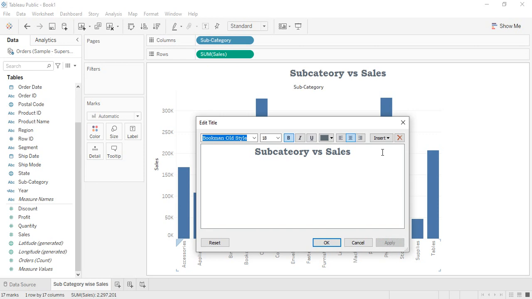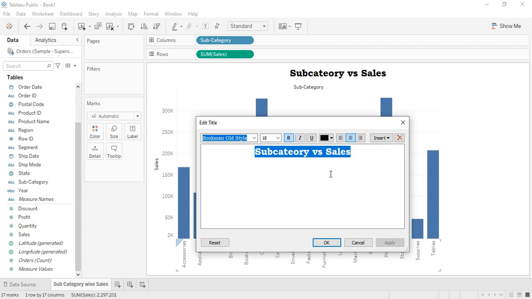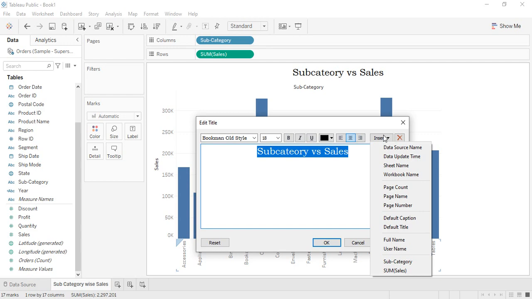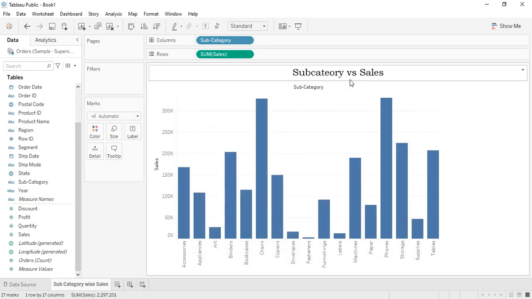Also you can click on this apply button, so you can see how it is actually looking on the sheet. If you are happy with it, you can go with it. Otherwise you can select it all and change the appearance the way you like. Like I don't want it to be bold, let's click on apply. Yeah, it is looking fine to me, so I'm just going to go with it. If you want to go for the insert option, these are the different things that you can insert, which I want you to explore on your own, because they're really simple. Whatever suits you, you can just click on OK after applying those changes.